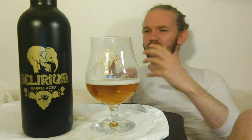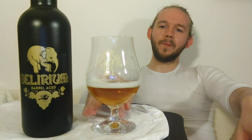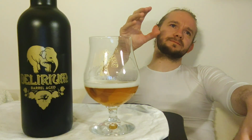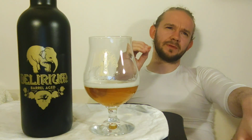So yeah, I think that covers everything we need to say about the flavour of the beer, so we can round off with a wee quick look at the mouthfeel. So for me, this beer, it's full-bodied, I would say. Carbonation is very, very smooth. This beer almost has a slightly silky mouthfeel to it, actually,